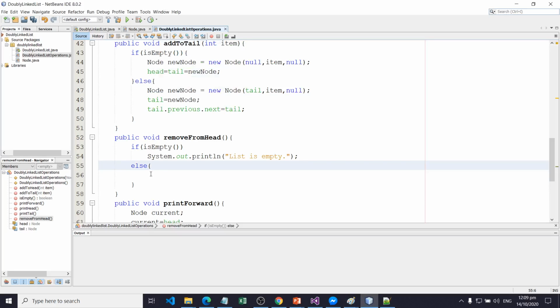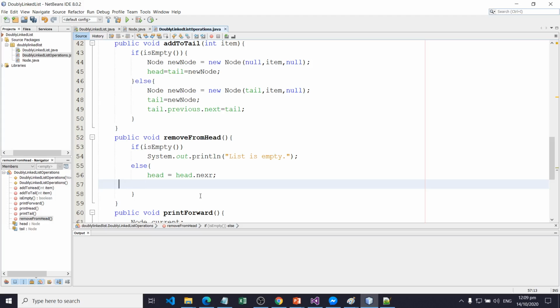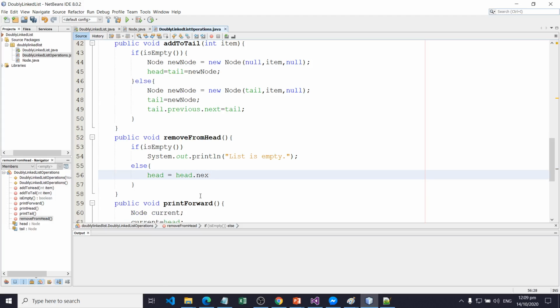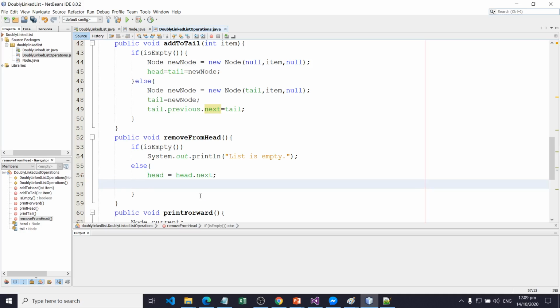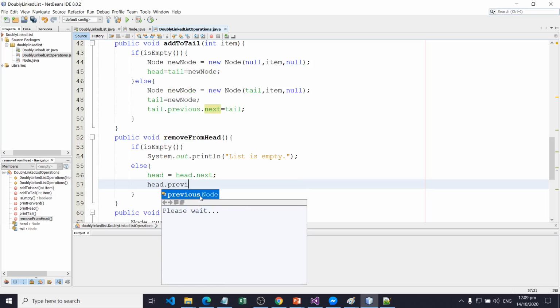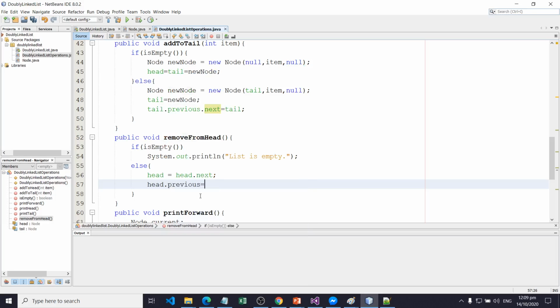So we will say head is equal to head dot next, and head dot previous is equal to null.